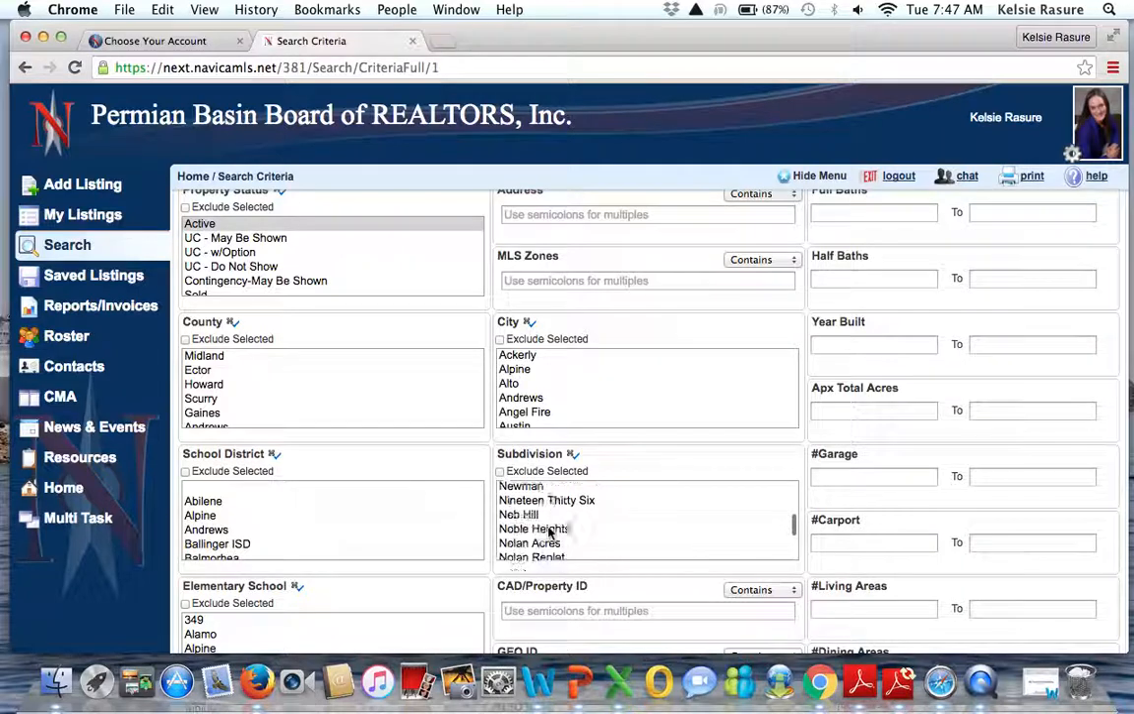Now I'm just using subdivision as an example. If there was a price range, you could indicate that. If there was a bedroom count, you could indicate that. However specific you want to be. So, found Trinity Meadows,